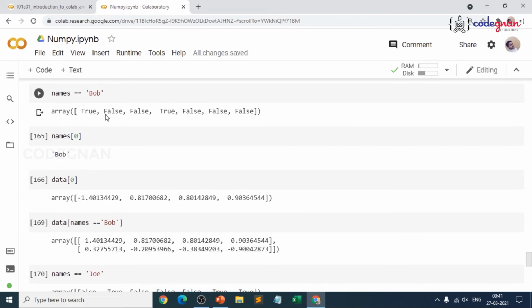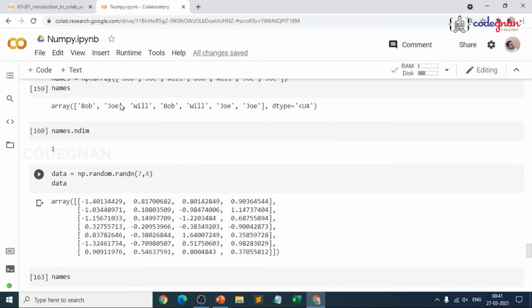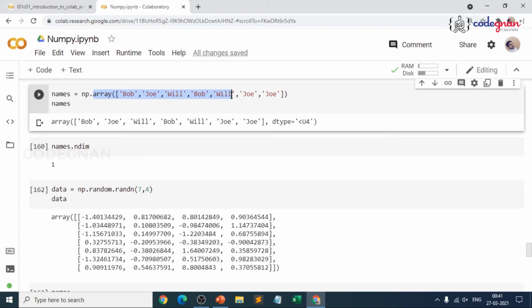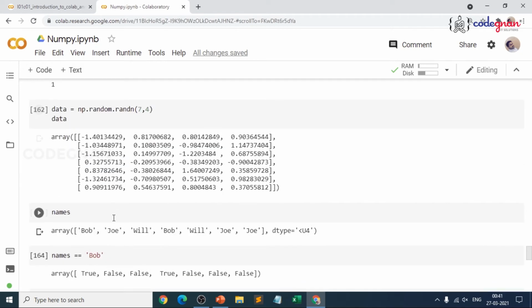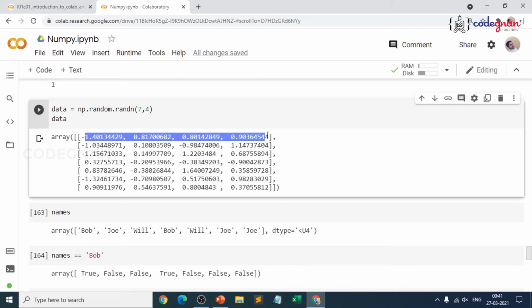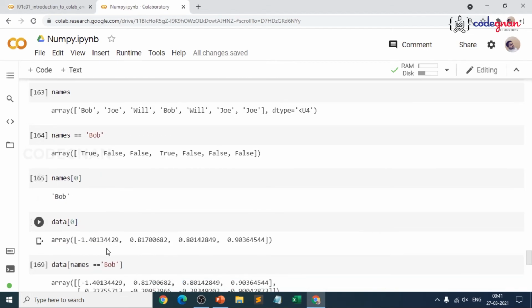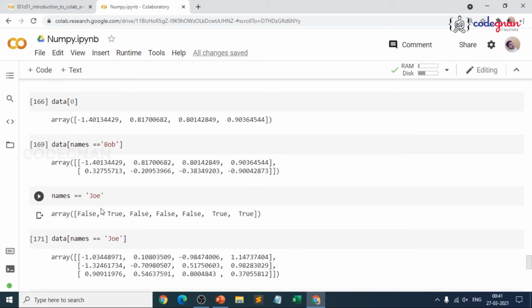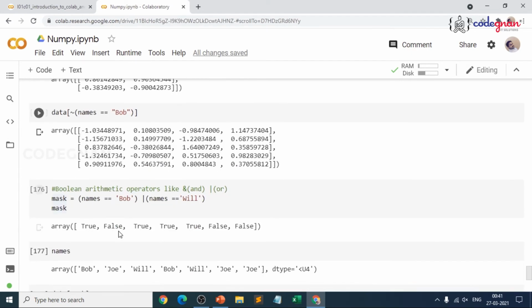Let me just recap it so that you could have a quick glance. So here we gave 7 names of people, where I give duplicates. If you don't give duplicates, you cannot understand, because we are just comparing wherever that particular person is present, right? So this is 0th index and this is 3rd index. So data of names equal to Bob, you get 0th index and 3rd index. You could see the same result over there. That's how we have compared the indexing with the names and indexing with the array, and how we are referring to both of them with the help of Boolean. That is the reason this is Boolean.